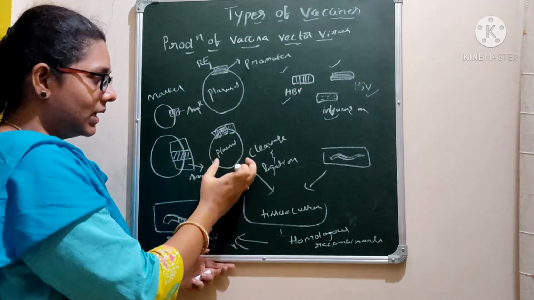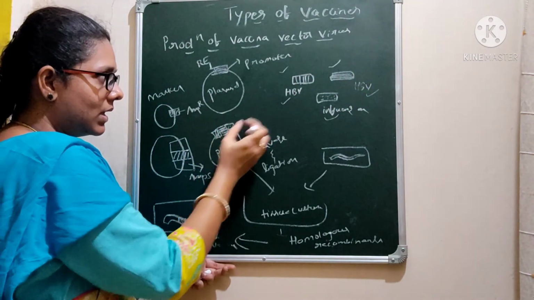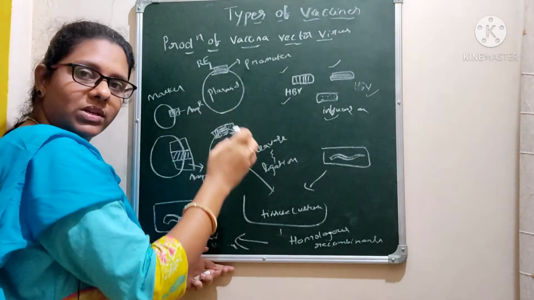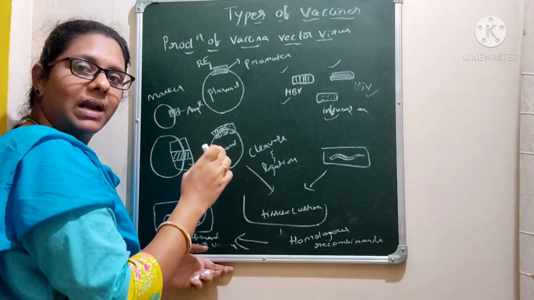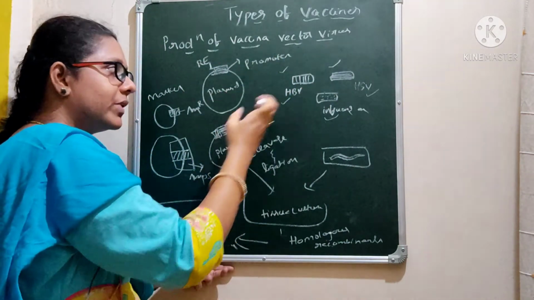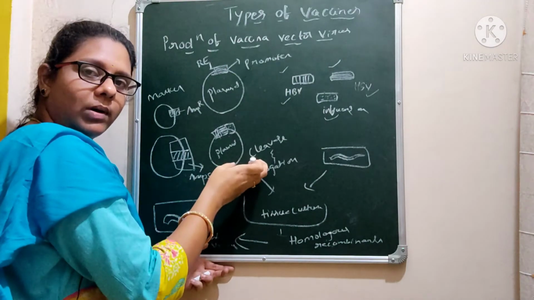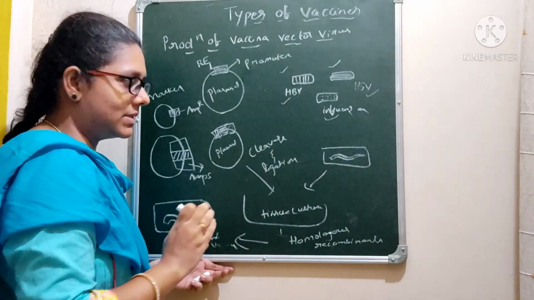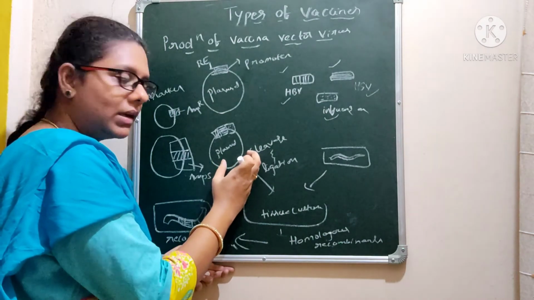Okay, see here, these are the three genes which got incorporated here. So with the help of restriction enzymes and with the help of the enzyme ligase, first we have opened the plasmid, and then we have introduced these foreign genes into the plasmid, and then we have ligated with the help of the enzyme ligase, making a recombinant DNA molecule.